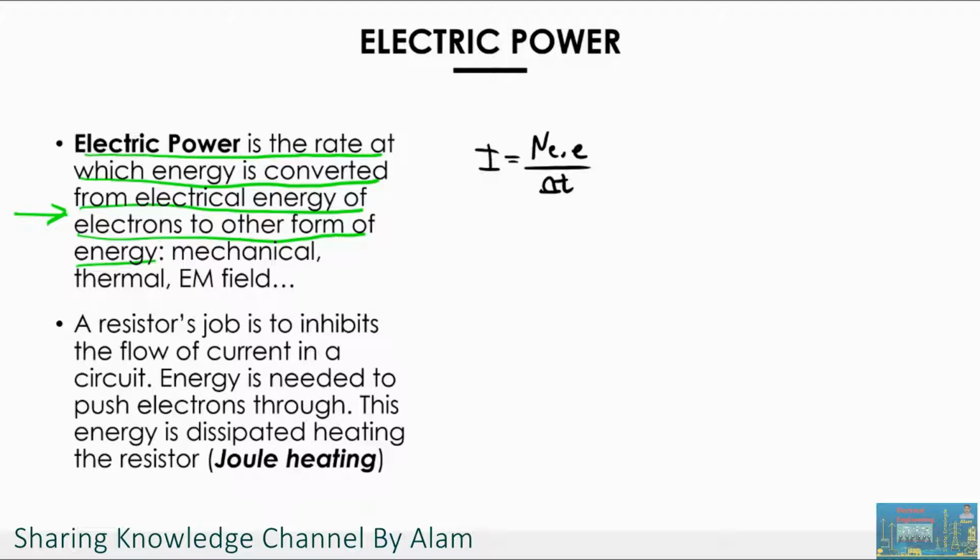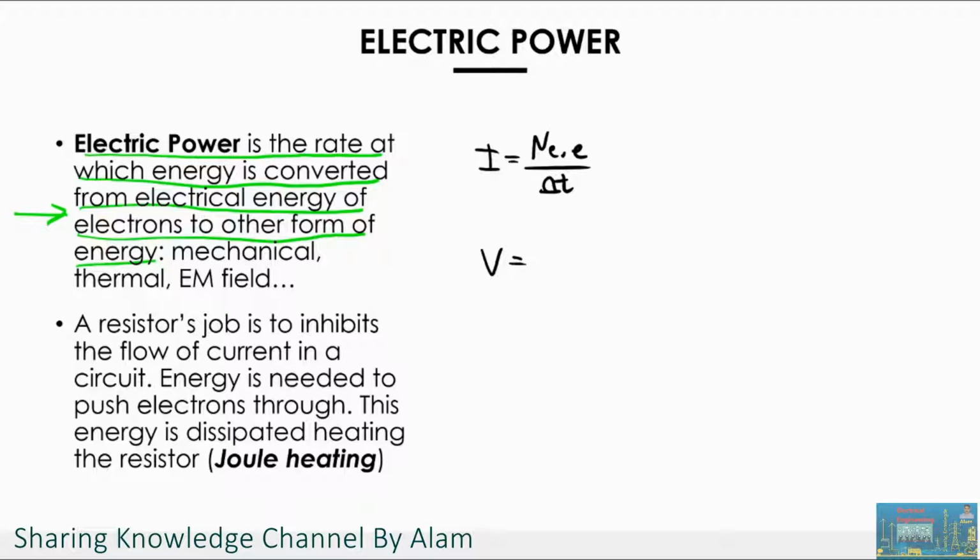There will be a net amount of charge moving in a certain direction, so a net amount of electrons moving in one direction. You multiply the number of electrons by the charge of one electron, so you get a certain amount of charge that moves in a certain direction across the wire during a certain time. Then you divide that by the amount of time that the charge has taken to pass, and that is the value of the current. Now the voltage, as defined in the past, is the electric potential energy per unit of